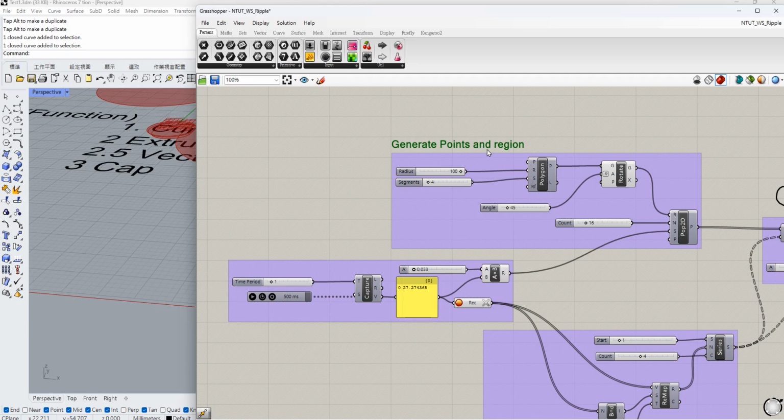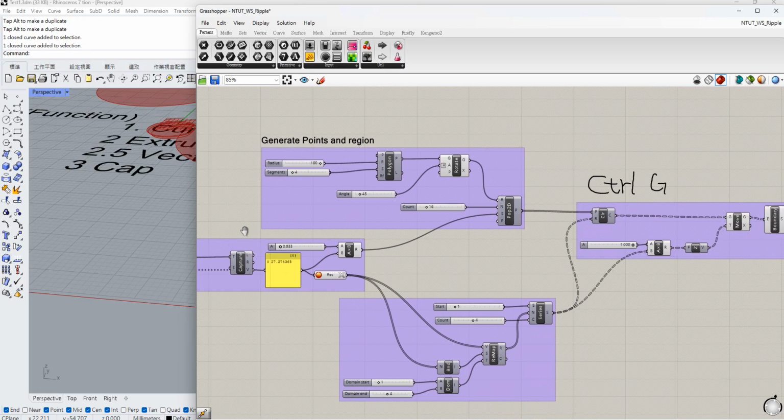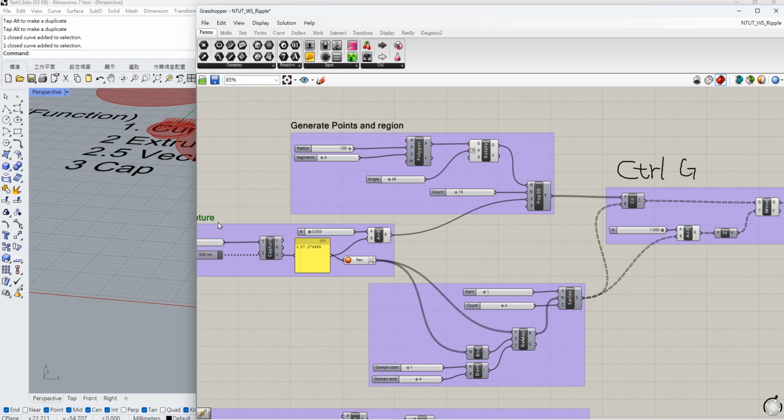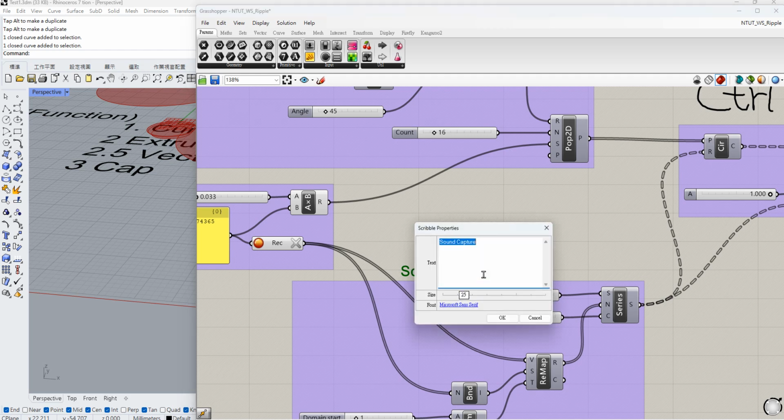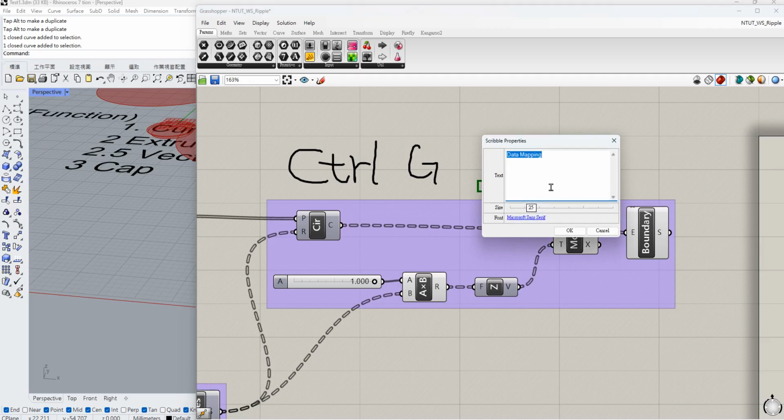And this part is about the sound capture. Capture the sound. And for this part, it's about mapping. So basically, it's about the data processing. Ctrl C, Ctrl V, and here is about create